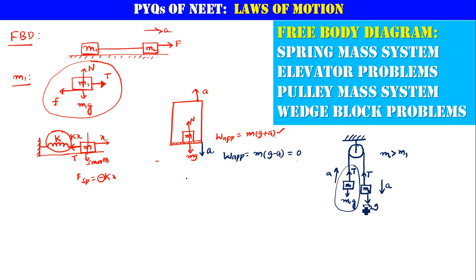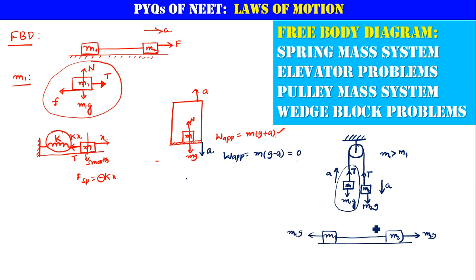Now if he is asking about acceleration, you have to apply F net is equal to ma for this mass, and F net is equal to ma for this mass again. So instead of that we can apply a trick here. The trick is to just take mass m1 and another mass m2, and keep both of them on a table, let us say, now both connected by a string. Since tension is an internal force, we don't consider internal forces for this trick. So m2g will be acting away from this string, and m1g is acting in this direction, isn't it?